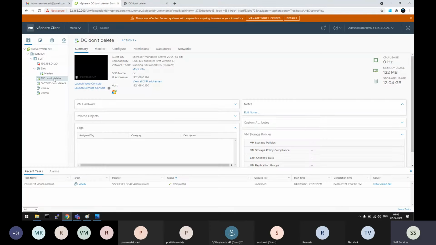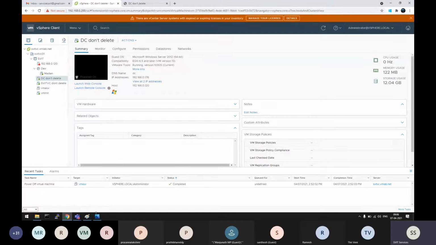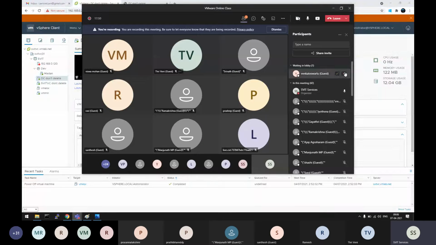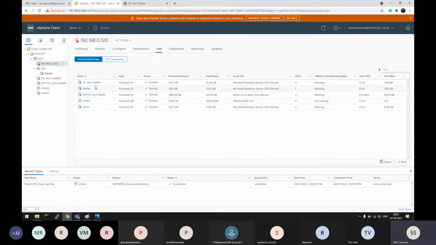If you want to power off this virtual machine, right click, power off. So, each one is a separate virtual computer. On top of 120, we can see 5 virtual computers. We can create more. We have enough memory and CPU. As of now, only 5 are running.